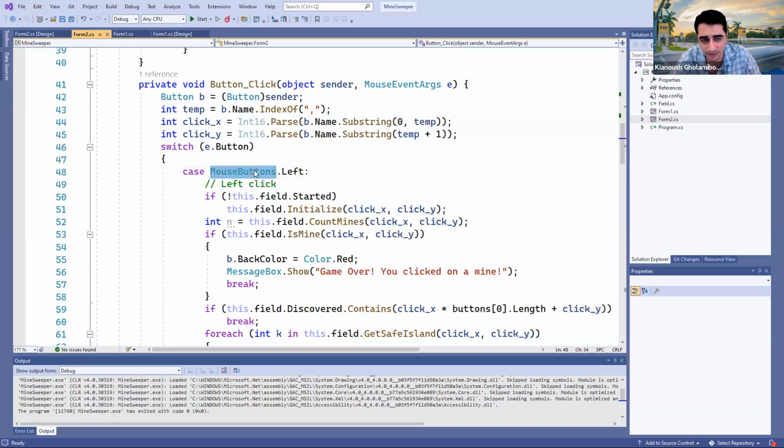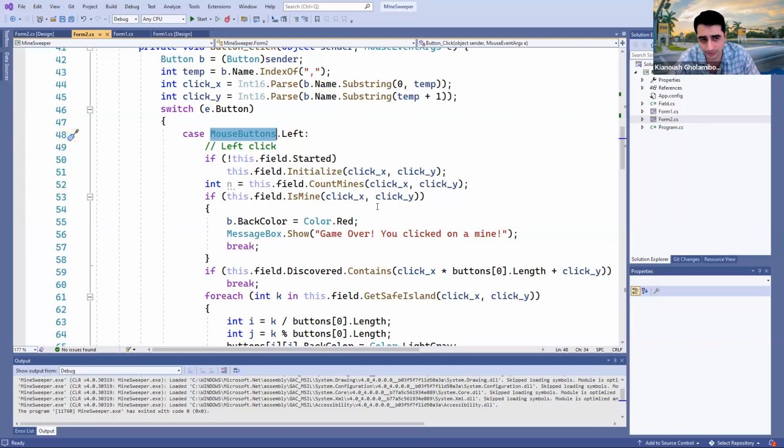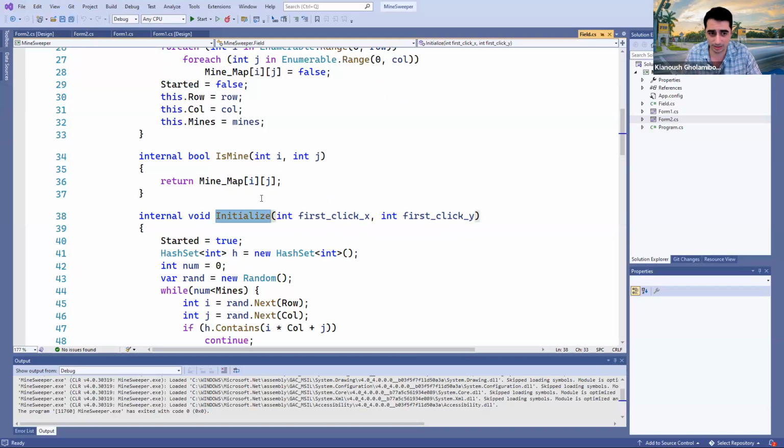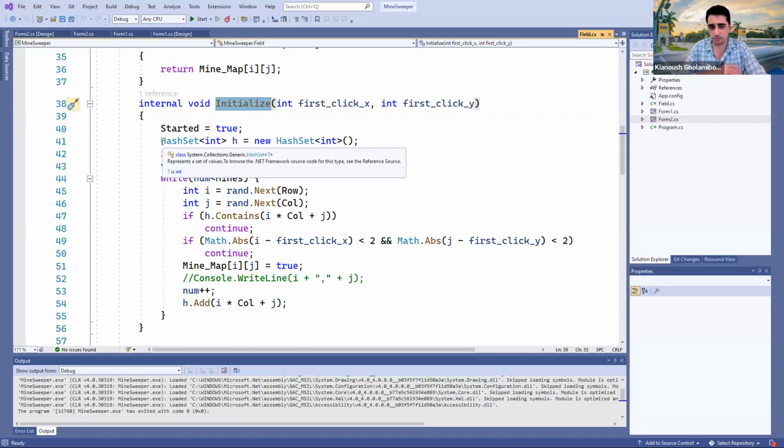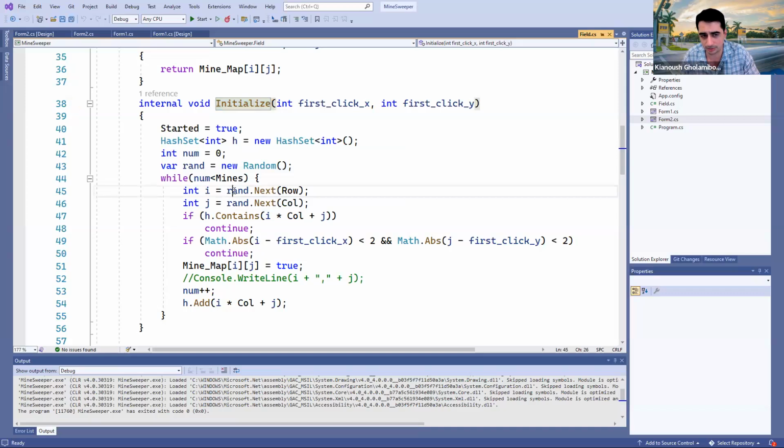If it's the left click, then we're going to see if the game is started or not. If it's not started, we are going to initialize the whole field. Initialize is a method that uniformly distributes all the mines on the map. I don't want to get into the details of how it's possible, but rand is a random generator that creates a new random number. And you don't need to know all the details about this. I have written some logic to make sure that